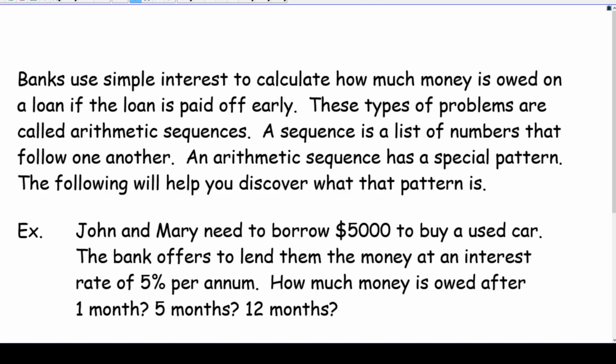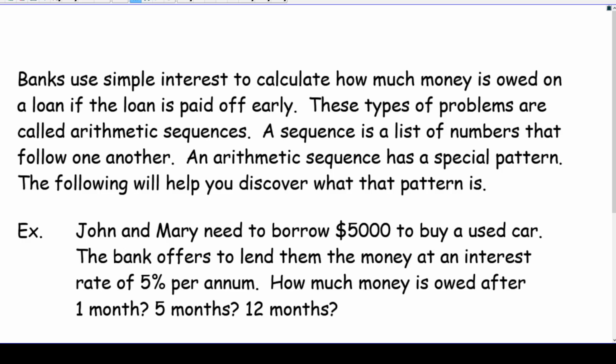And banks use simple interest in different scenarios. One of the scenarios would be, let's say you had a loan and for some reason you were able to pay off that loan sooner rather than later. Well, the amount of time elapsed to generate interest, which is usually yearly, by the way, may not be a full year. So let's say you paid it within a year. They're not going to charge you interest on interest if you haven't actually made it to the end of the year. So they'd actually calculate simple interest to see how much money you would owe earlier.